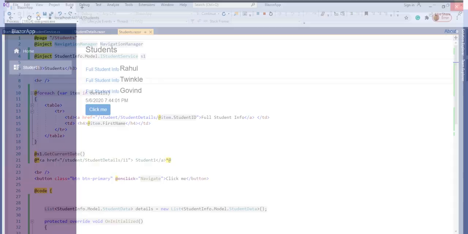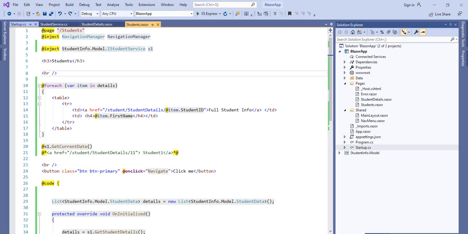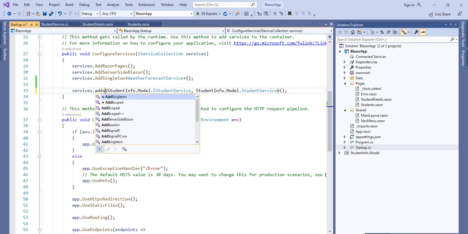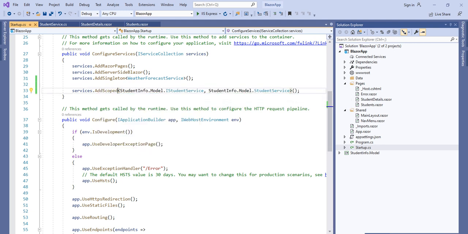Now the third lifetime which I am going to use is AddScoped. The difference between AddSingleton and AddScoped is that both are similar, but in the case of scoped, when we reload that page, it initiates again. So that is the difference between these two.